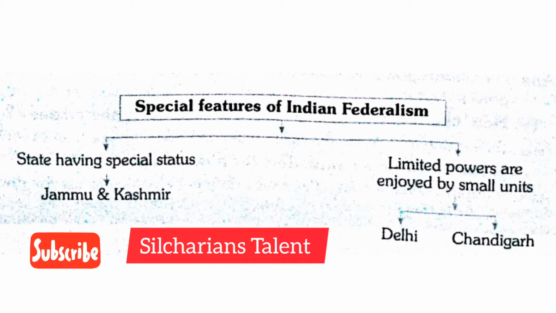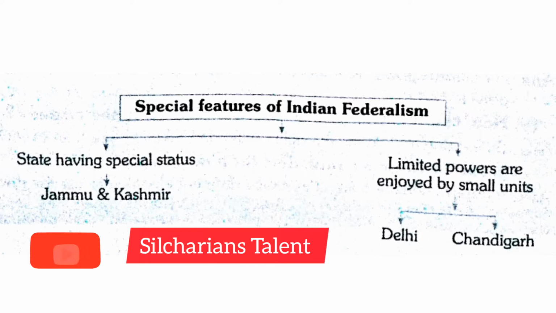Some states enjoy a special status. Jammu and Kashmir had its own constitution. After the passing of Article 370, this was removed. But before, people used to say that Jammu and Kashmir has its own constitution. Many provisions of the Indian constitution were not applicable to the state without the approval of the state assembly. Whatever we follow in our states, you just could not follow in Jammu and Kashmir. This was the practice before, but now it's all removed.